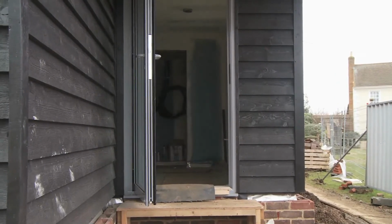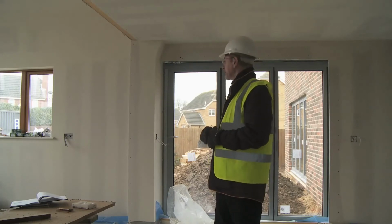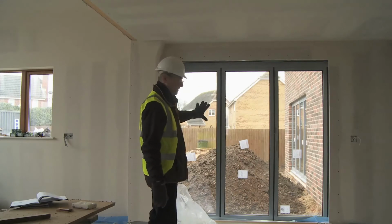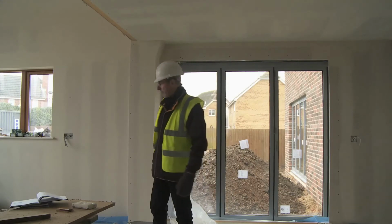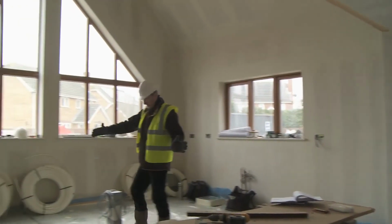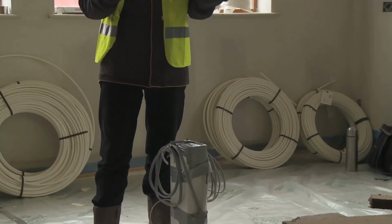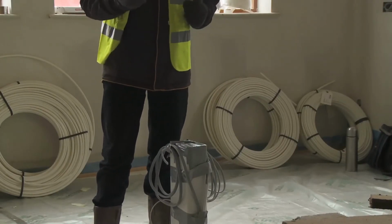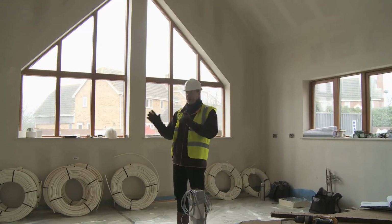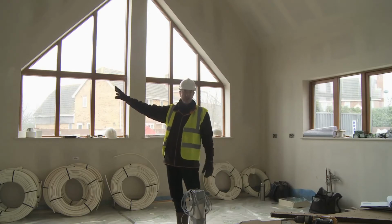So here we are inside, and as you can see, the house has been transformed. The dry lining is now complete. The Sunfold doors, bifold doors are in. And we're in the kitchen area at the moment. And over here there's an island unit. And this sticking up here is the duct for the extract fan, which will go down across the floor up to a large extract unit, which will be mounted on the wall and take the stale air, steam, whatever, out